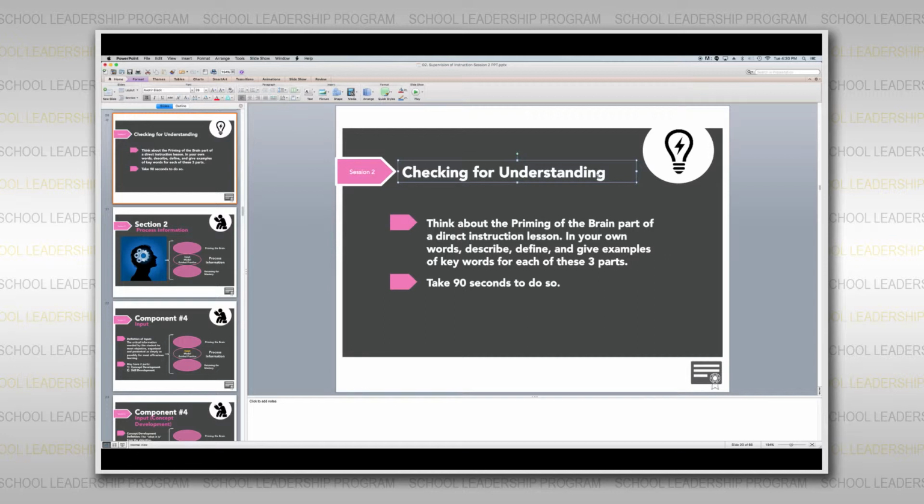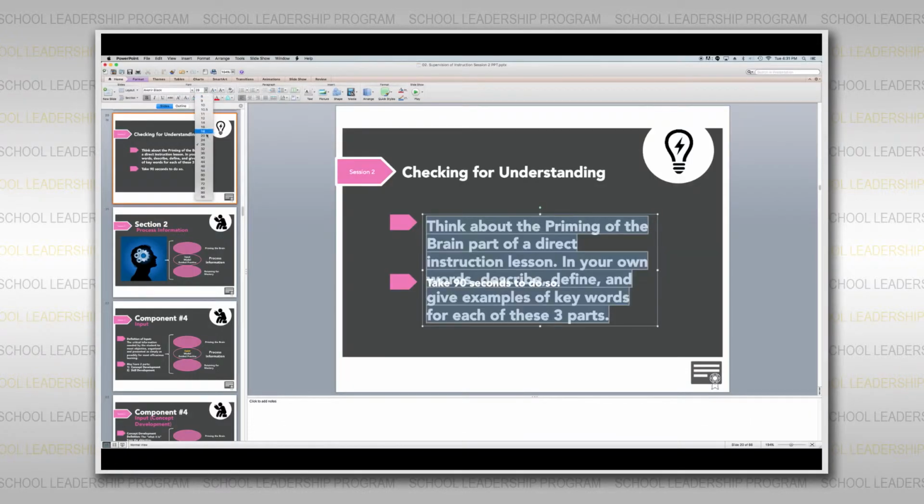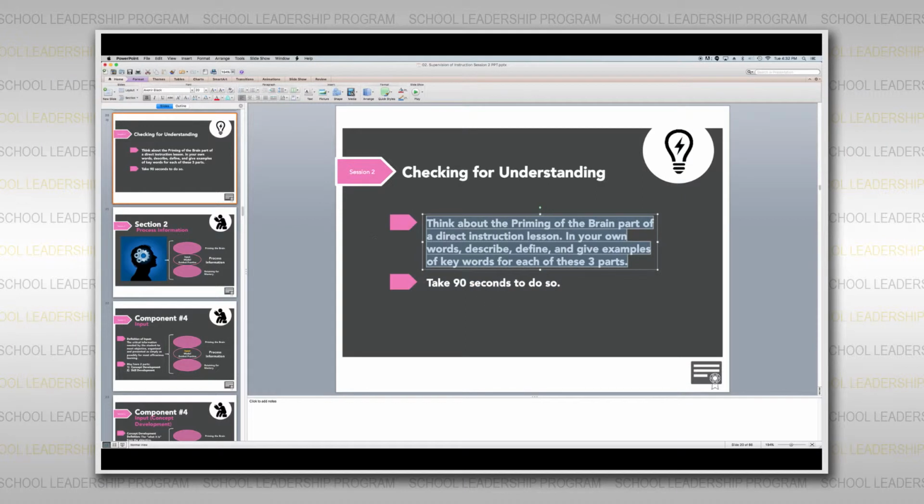You can also use size to divide sections of the text. For example, the title of the slide and its content can be differentiated with text size. Use what you learned from the contrast and color categories to select appropriate colors for your text. And much like the size, you can also use a color variation to differentiate or draw attention to a word